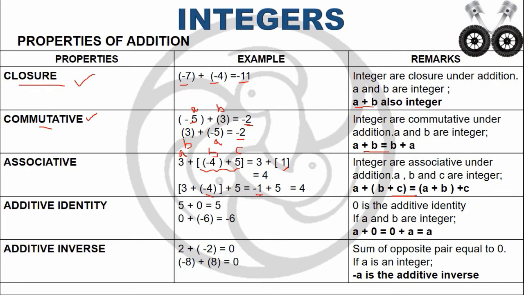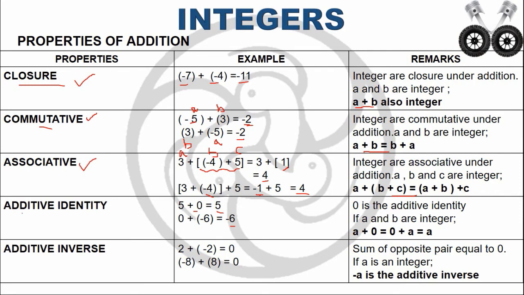Then plus 5. So again we are having two different integers, one is positive, another one is negative. That means we have to subtract. So 5 minus 1, the answer is 4. Of these, which is the biggest number? 5 is the biggest number. The sign for it is a positive sign. So the answer is plus 4. So again we are having the same answer whenever I interchange the bracket. That means integers are associative under addition.